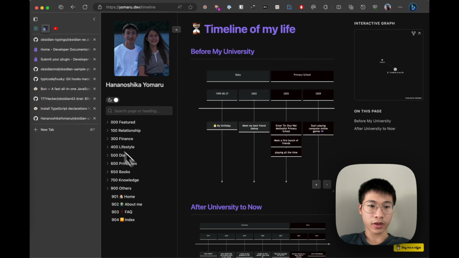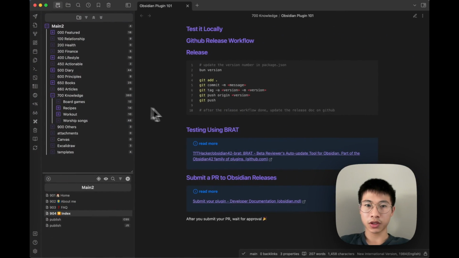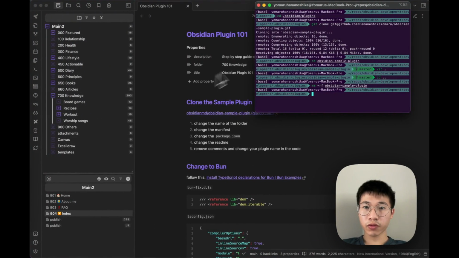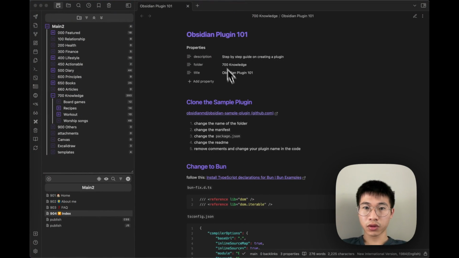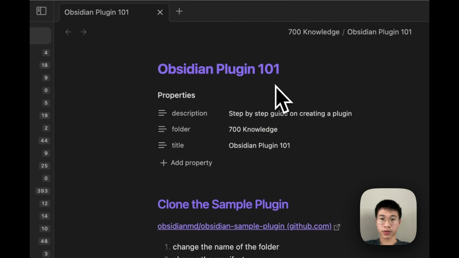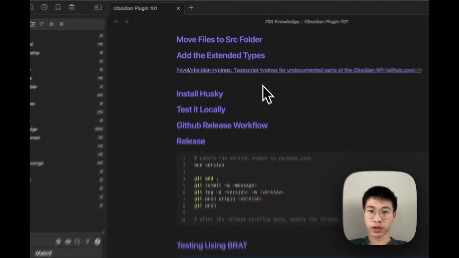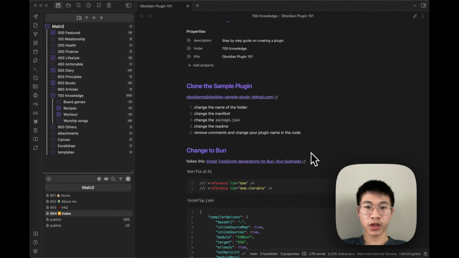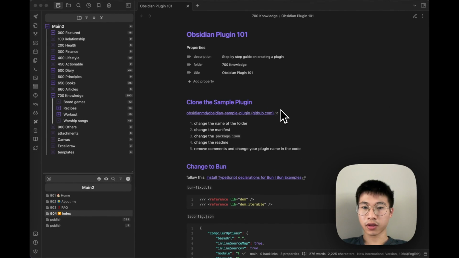And yeah, let's dive into how to create an Obsidian plugin. I already wrote a step-by-step guide here. It is called the Obsidian Plugin 101, and I will put it on my website as well. It is an oversimplified guide, but accompanied with this video, you will have a better understanding of how to create an